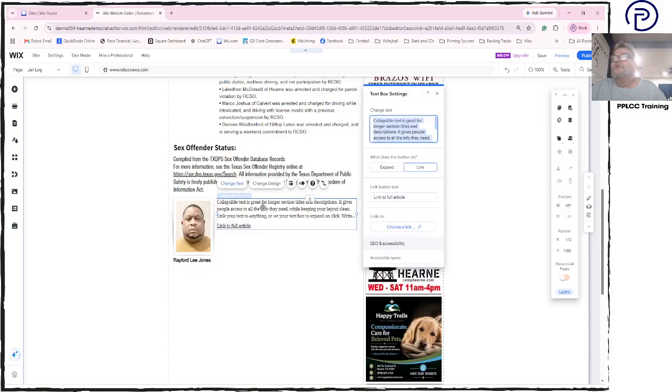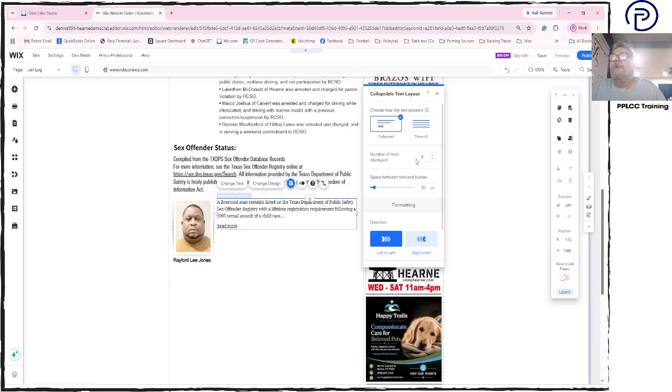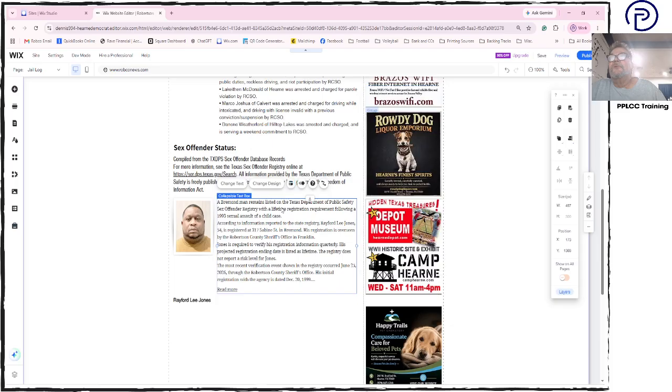So I'm going to click on it twice, the box will open up, and I'm going to paste in the story that I just cut. We want it to expand. Read more is fine. Close that. Now I'm going to go to the layout button here, and right now it says number of lines to display, and it's showing 3 lines, which it is. That's not enough. Okay? In this situation, we're going to use 12, and we're going to do 12 on the